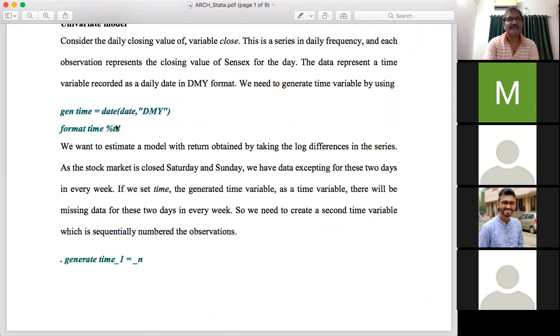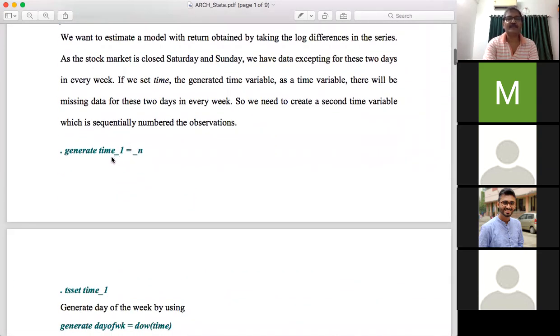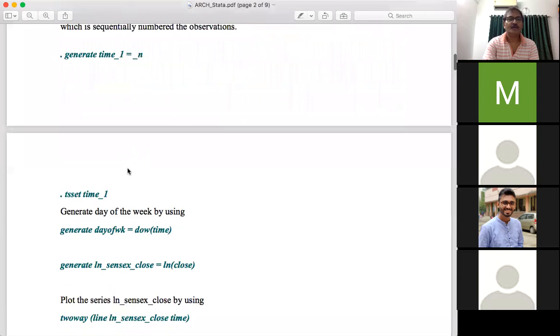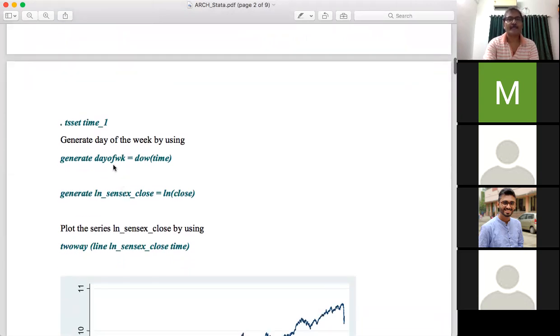And as in this time variable there are some gaps, we have generated another hypothetical time variable, time_1, to locate the behavior of any day, either Sunday or Monday or Friday. We have to generate another variable, day of the week, by executing this command.